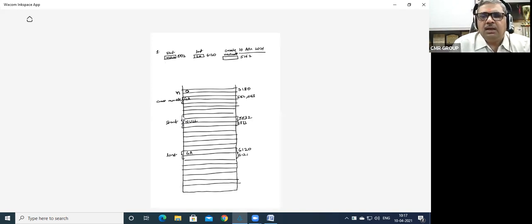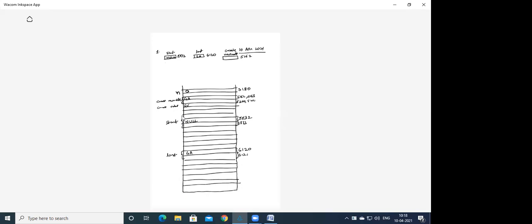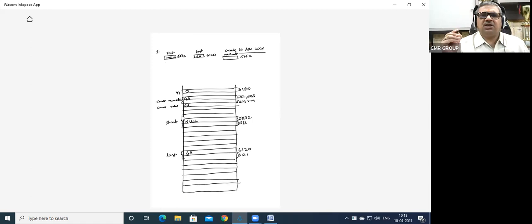For example, the create function's value is declared at, for example, 5200, 5201. So this is create value. And what is the value of this value? It is a garbage value. Is this clear till now?